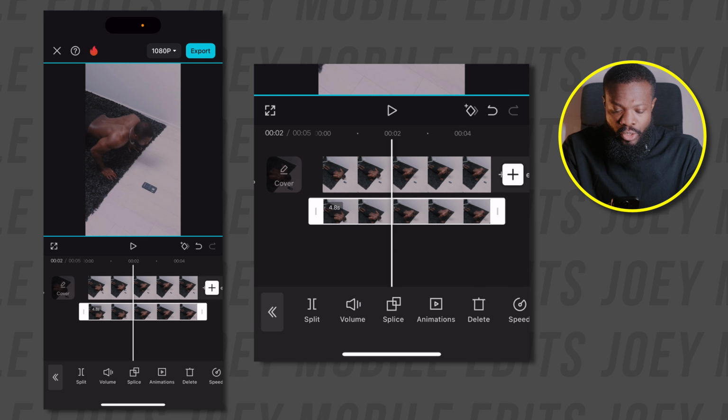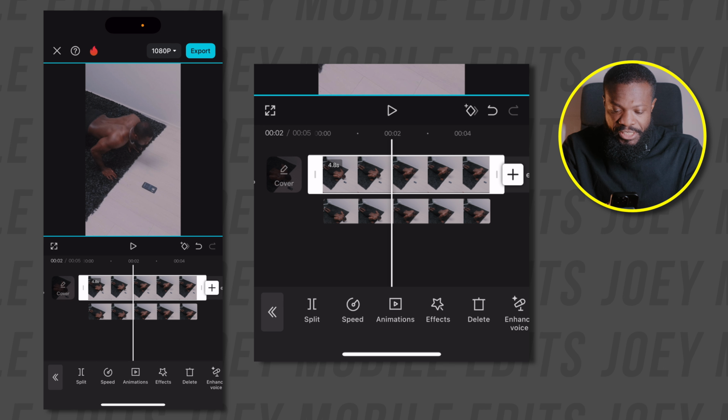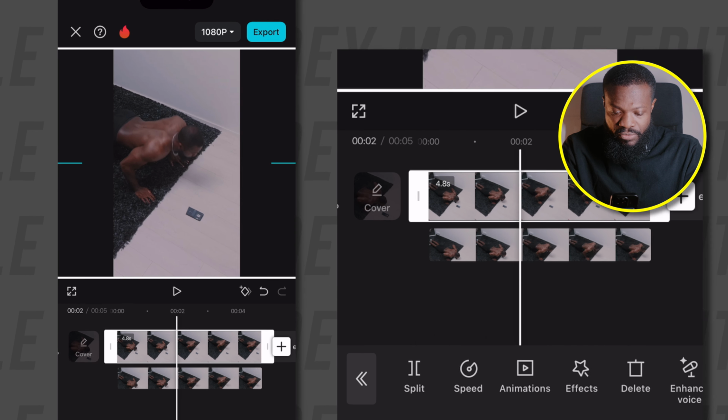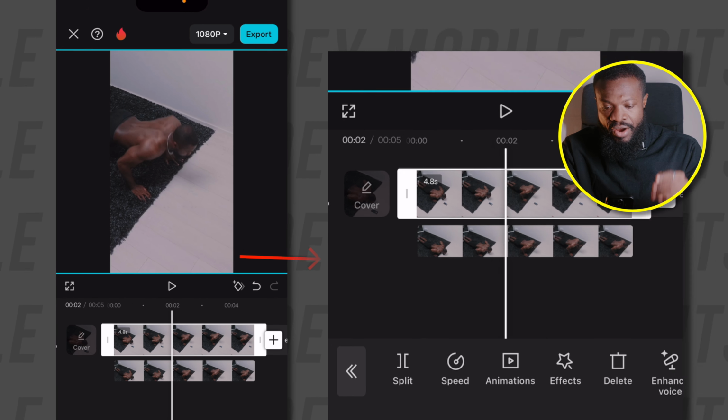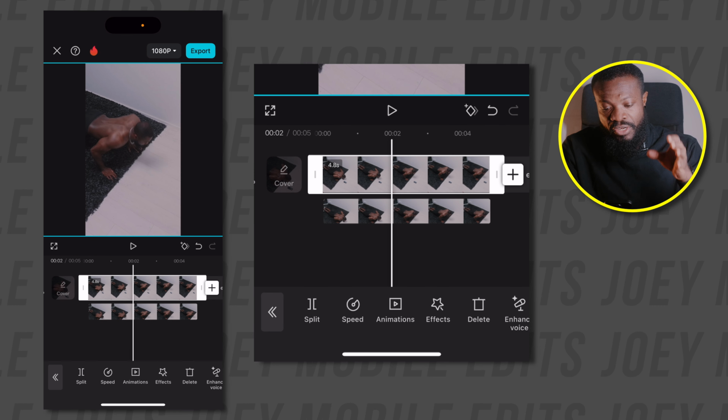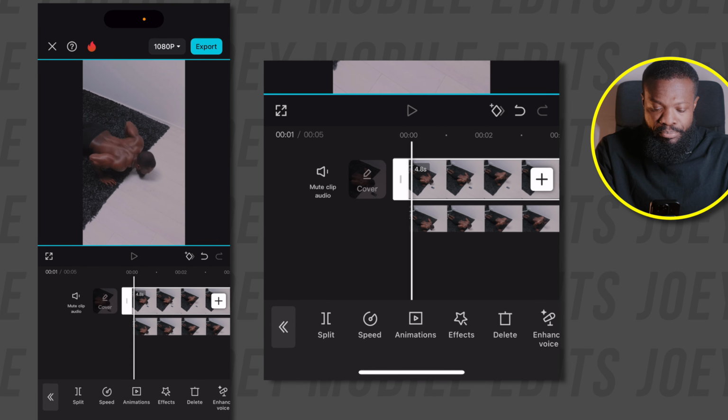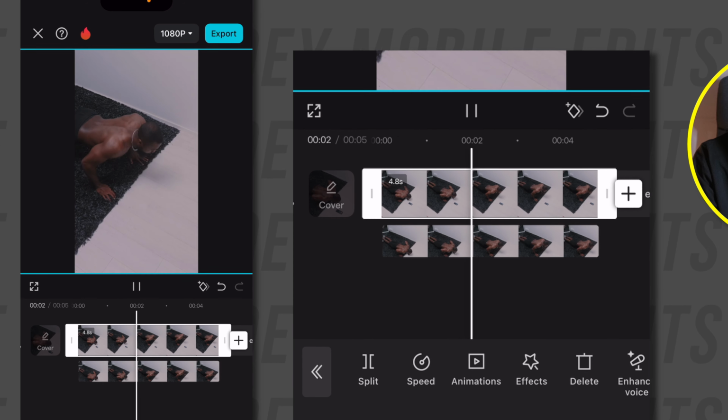Now tap on the top video and we're gonna change the position of it. So I'm gonna move it to the left side, or you can also move it to the right side till it disappears on the screen. And when you look, the ground was a bit solid color, so it makes everything so easy to make it disappear. Now when I play and show you guys,